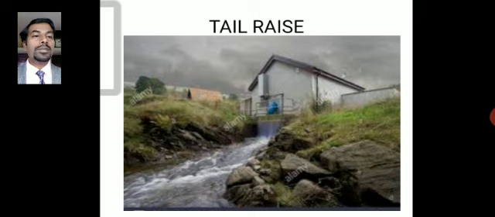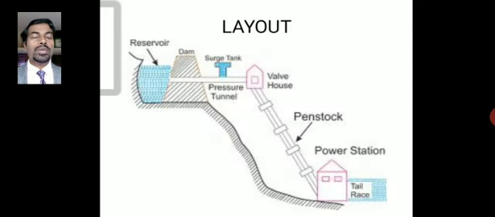This can be used for irrigation, and this is the layout which we normally study in the subject, where we saw the dam. Initially from the dam, water is carried through a pressure tunnel, where you can see the surge tank, that is the blue one, where we have the valve house. From there it is fed to the penstocks, where it is carried to the power plant, and inside the power plant we have these turbines and the alternator, and finally through the draft tube it is discharged through the tail race, and the tail race carries water, and this is how a hydroelectric power plant works.